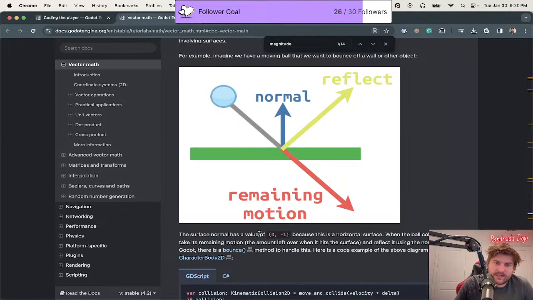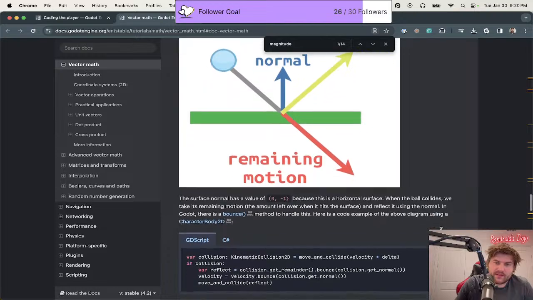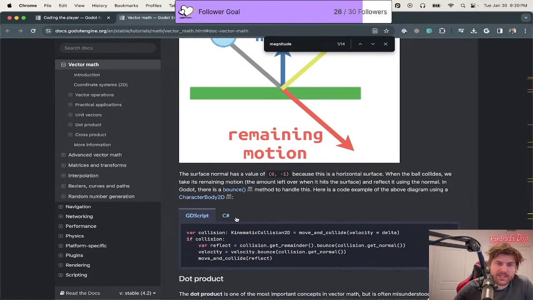The surface normal has a value of (0, -1) because this is a horizontal surface. When the ball collides, we take its remaining motion, the amount left over when it hits the surface, and reflect it using the normal. In Godot, there's a bounce method to handle this. Here is a code example of the above diagram using a CharacterBody2D: collision = move_and_collide(velocity * delta). If collision, reflect. collision.get_remainder, so this red line,